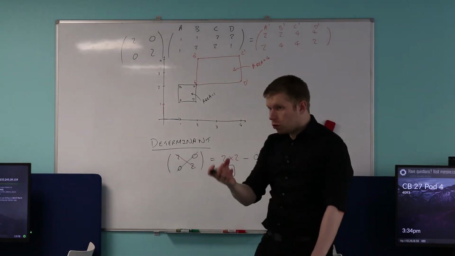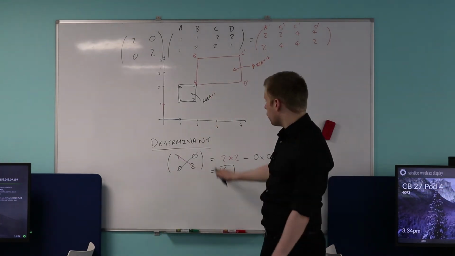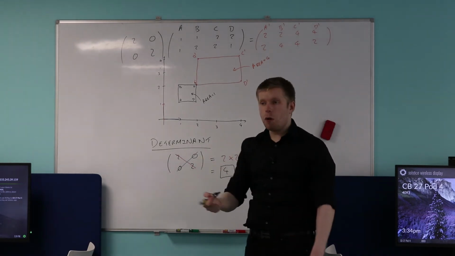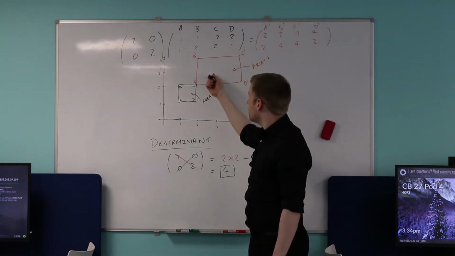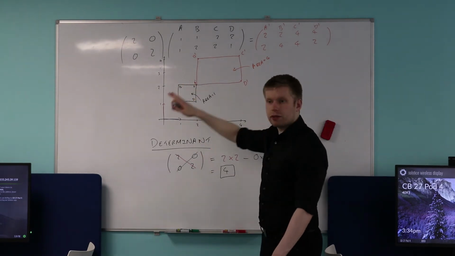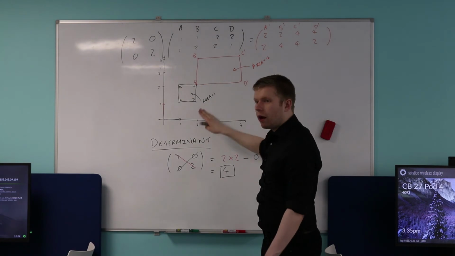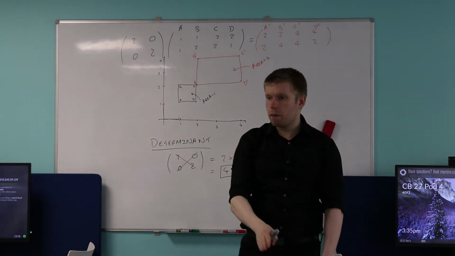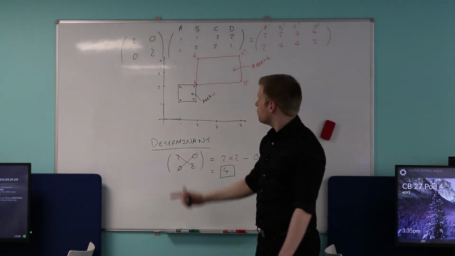But I want you to not lose track of what's actually happening here. What the determinant of a matrix corresponds to is how many times bigger the new area of my shape is going to be compared to my old area. Okay, now I just used squares for the sake of argument, but are you happy I could have used any original shape I like? Any original shape I like. Okay? This number, the determinant, will tell me how many times bigger the new area is going to be relative